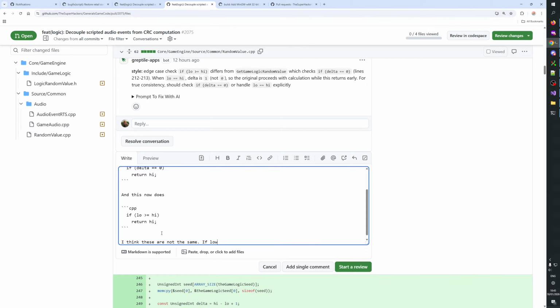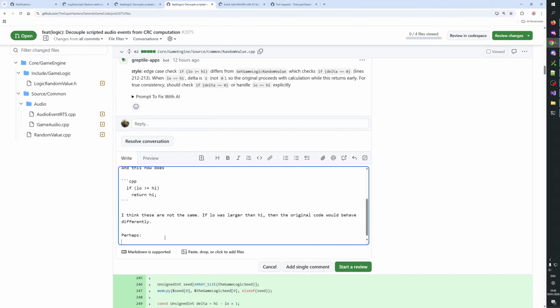If low was larger than high, then the original code would behave differently. I think the following,